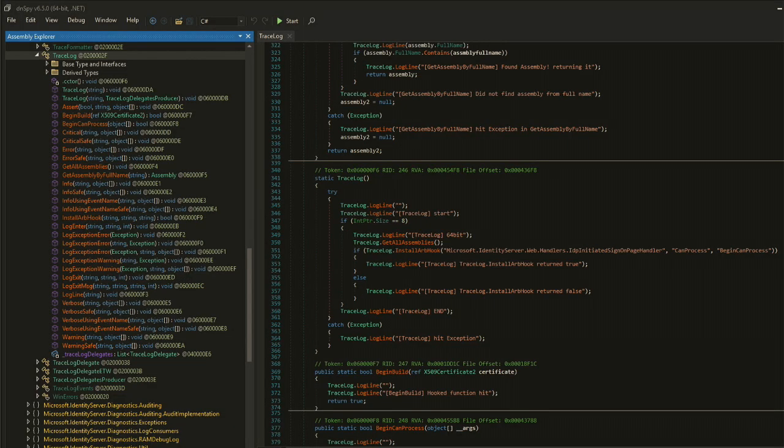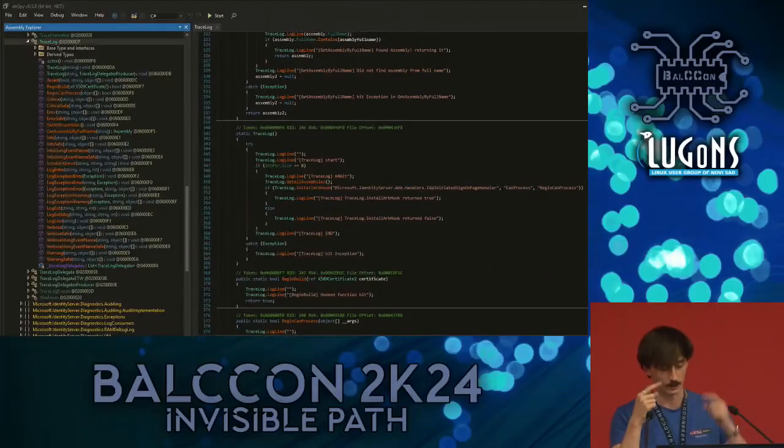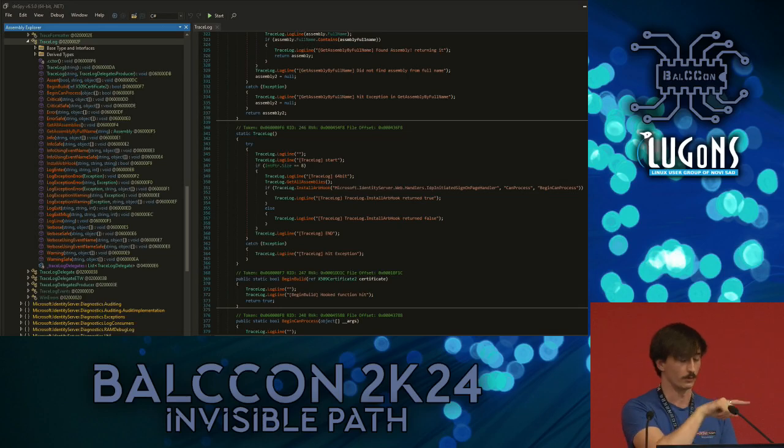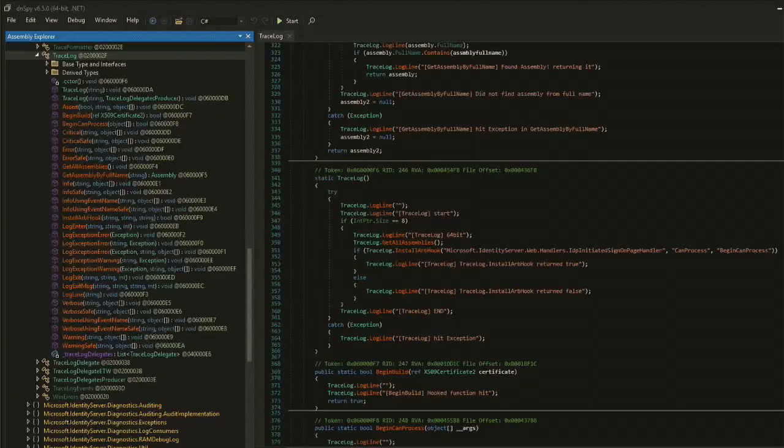There's an amazing .NET hooking library called Harmony. It's essentially what I used. I just read the blog post, looked at the 480p horrible quality Microsoft screenshots, and figured out after reversing this DLL how I could hook specific components associated with the ADFS authentication process. Currently, I won't be sharing the implementation because it's gross, hacky code that I wrote at 3 or 4 in the morning. But yeah, at some point I will share it.